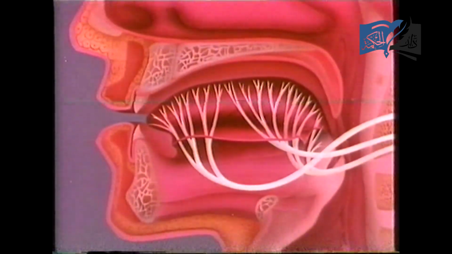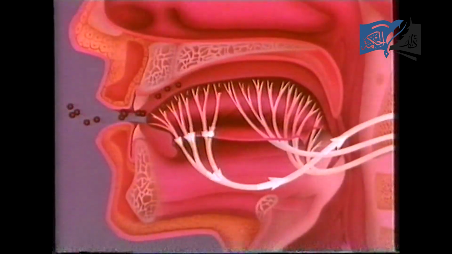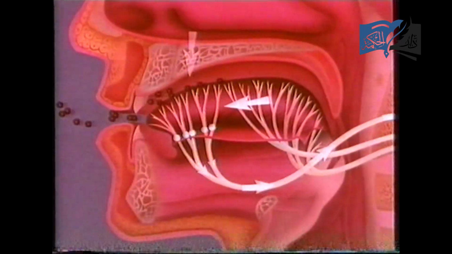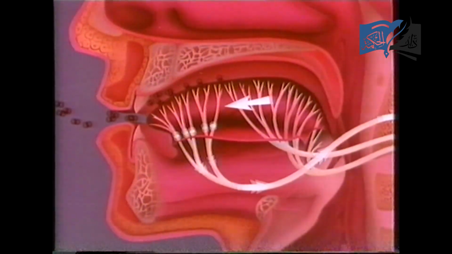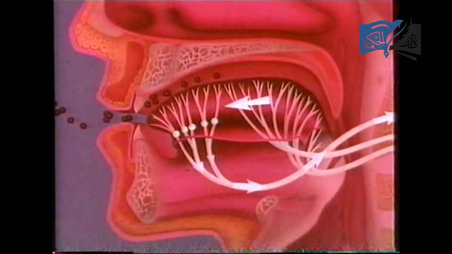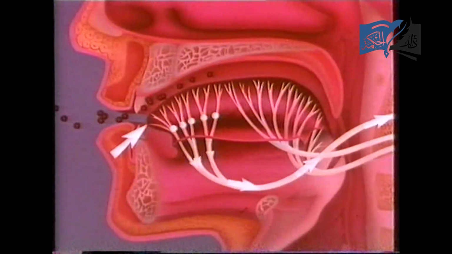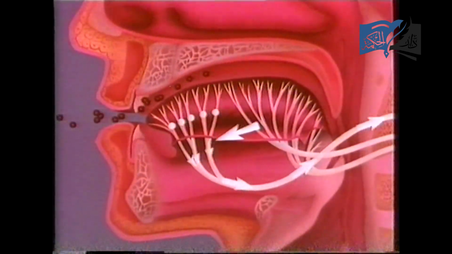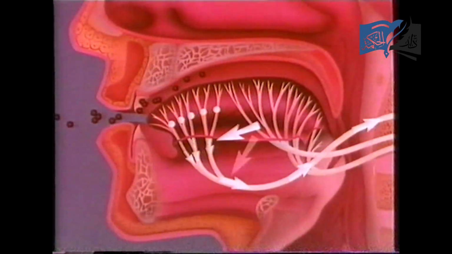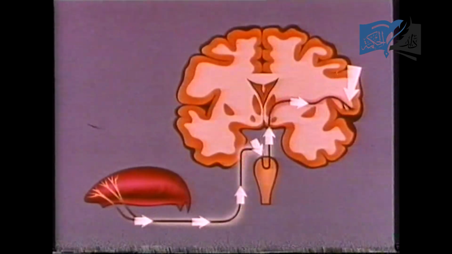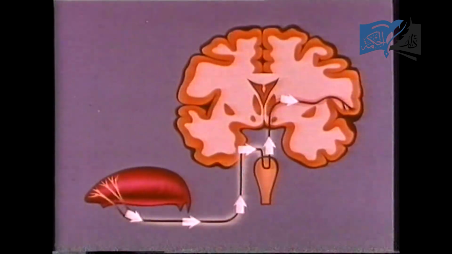So when you taste lipstick, this is more or less what happens. Molecules of lipstick, represented by dots, go into solution in saliva. The solution enters the pores of the taste buds. Being sweet, it stimulates the gustatory cells in this region. The gustatory cells convert the chemical stimuli into nerve impulses, which, in this case, enter the facial nerve. Through the facial and associated nerves, these impulses are carried up to the cortex, where the sweet taste is perceived.